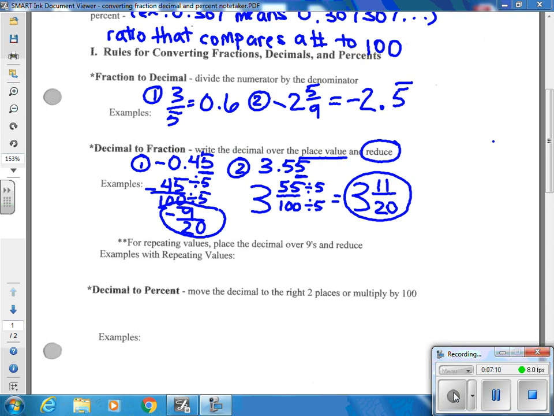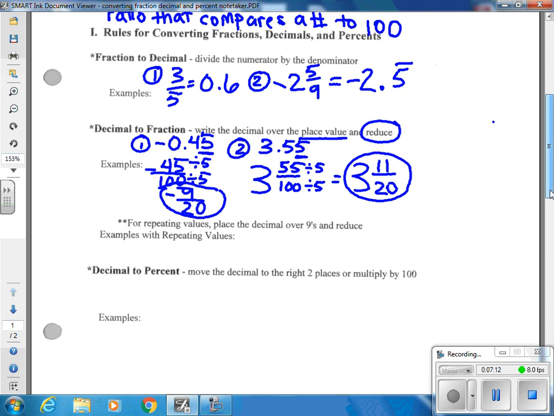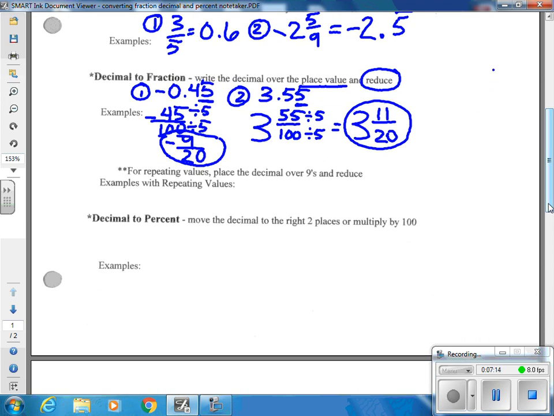All right, now, along the lines of writing a fraction, there is a special case for repeating values. Those are those numbers that keep going on and on and on. You're going to place the decimal over 9s instead of 10, 100, 1000, and so forth, and then reduce. Right? My trick in saying this is that if there's a line, you need a 9. They rhyme. Right? So line, 9. And that'll hopefully help you remember how to make the fractions out of this. Right, so we'll do 2 examples of these as well. So if I have